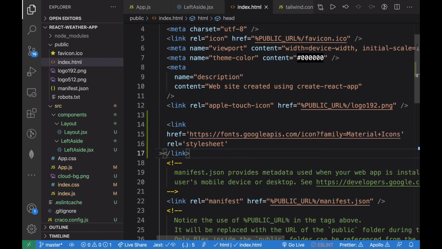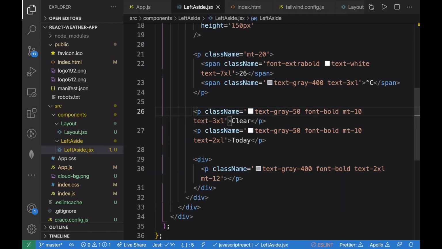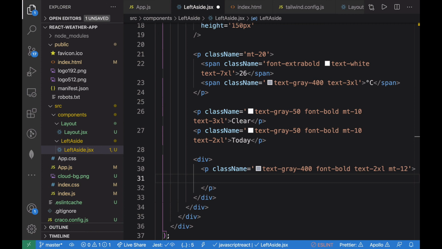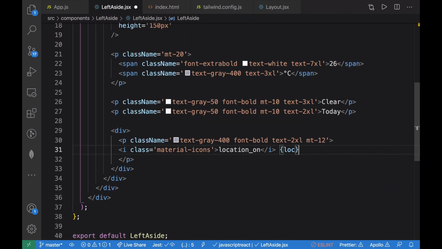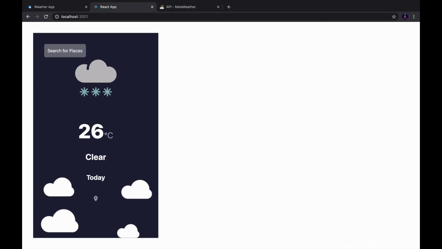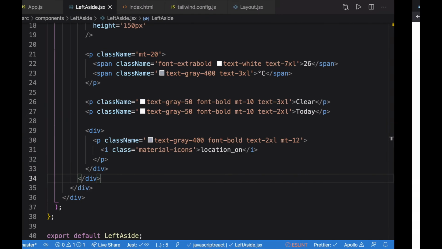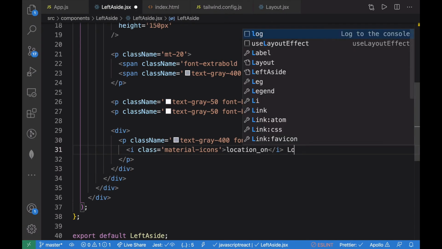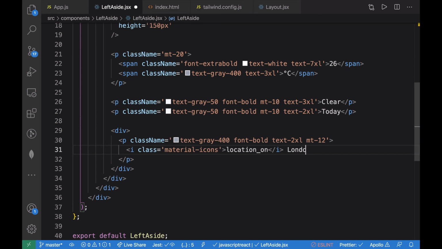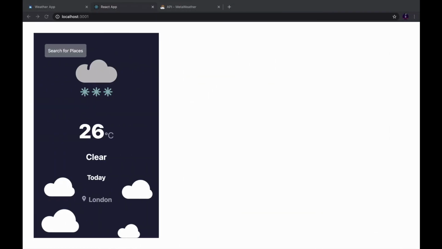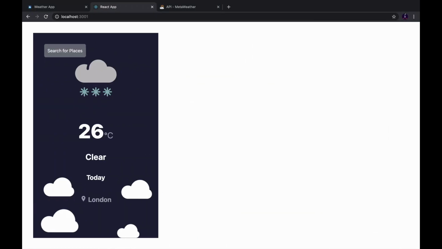So if you go ahead and save this and come back to the left-side.jsx file, and inside this p tag let's just use the material icons, and if I go ahead and save this, take a preview, we got the icon right here. So now here let's just say London, save this, take a look at the preview, and we got this nice looking icon and the weather information.